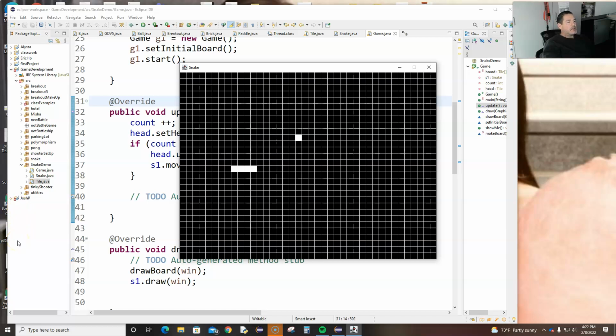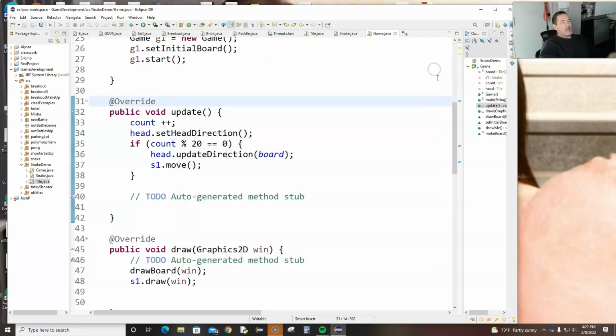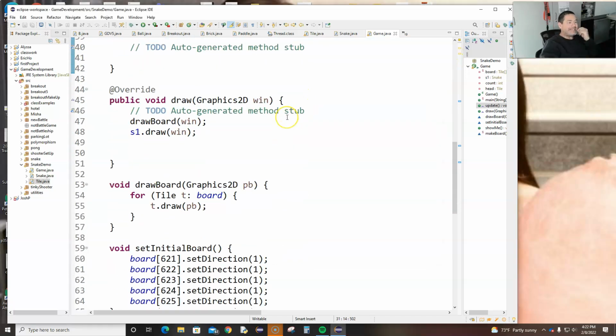Yeah, that's kind of my expectation, that I'm now able to control the movement of the head of the snake, but the body of the snake is not picking up the direction. It's not picking up what the head is throwing down, so to speak. Okay, so how do we do that? How do we get that to happen? Well, it's really